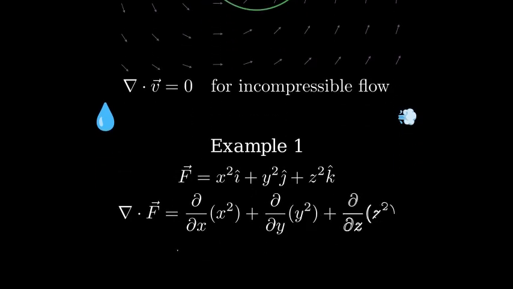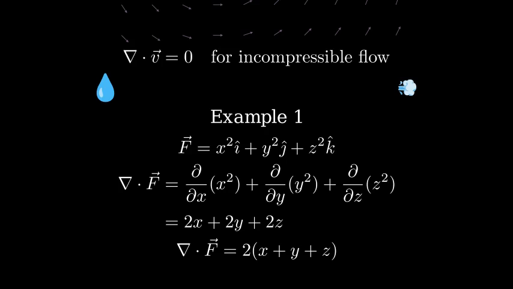Using our divergence formula, we need to calculate the partial derivative of x squared with respect to x, which is 2x, plus the partial derivative of y squared with respect to y, which is 2y, plus the partial derivative of z squared with respect to z, which is 2z. Therefore, the divergence is 2x plus 2y plus 2z, which we can simplify to 2 times (x plus y plus